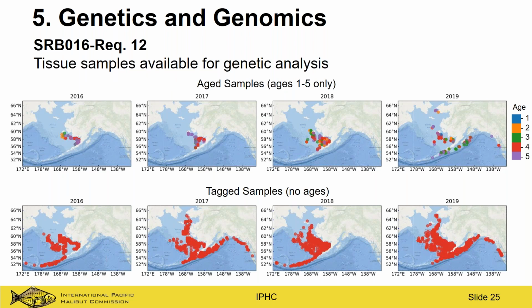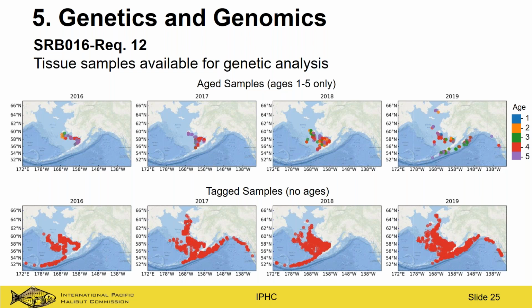All right, so I've prepared a couple of maps showing the locations of the tissue samples that we have available for genetic analysis. And so the top row of maps shows the sampling locations of individuals for which we have a tissue sample and we know the ages of. And then the bottom row of maps